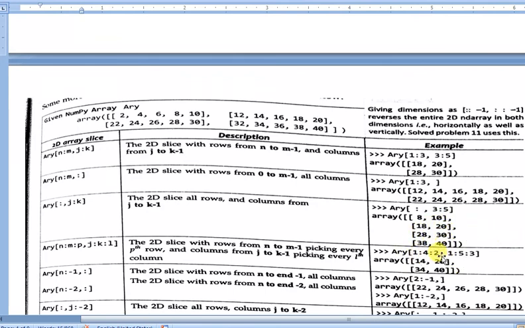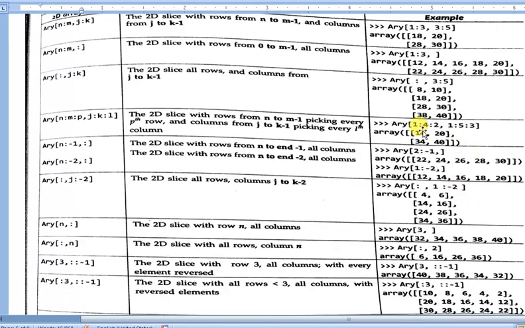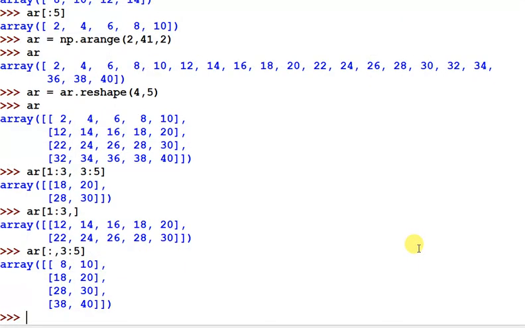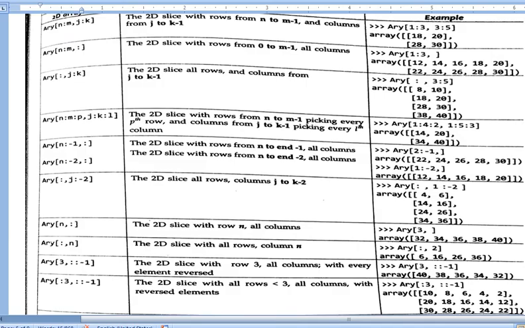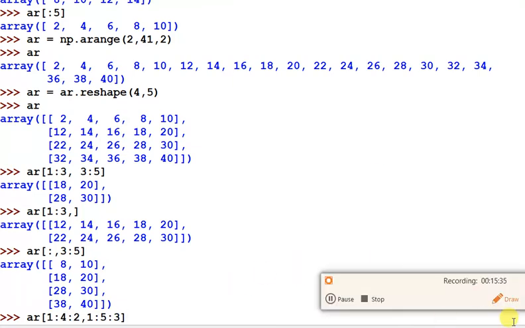Next we move to the next line. This is the example given: ar[1:4:2, 1:5:3]. I'll explain the example. The first one is 1:4:2 and the second one is 1:5:3.